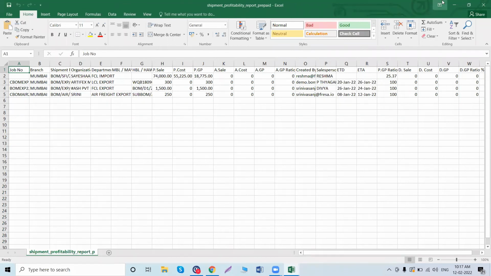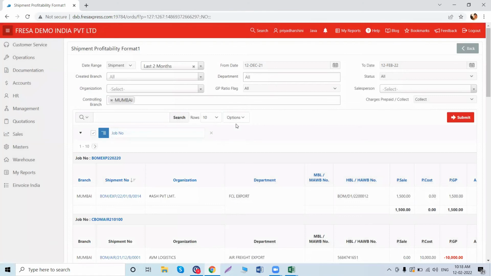Hope now you got an idea about how to generate shipment profitability report based on freight, prepaid or collect in